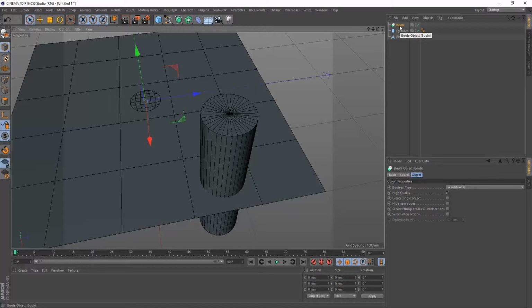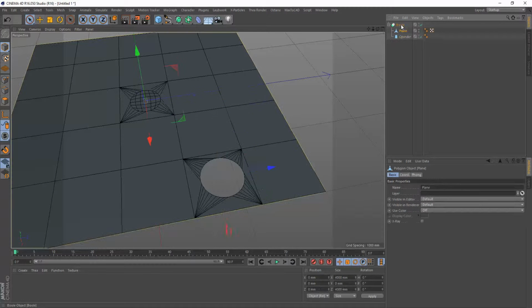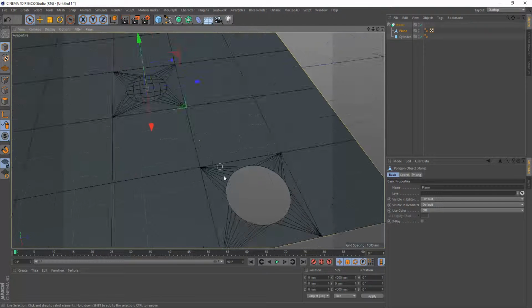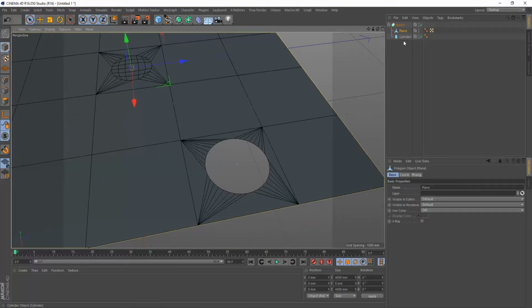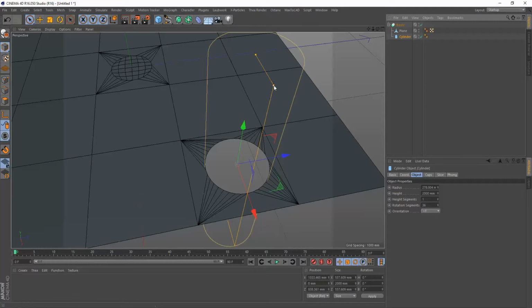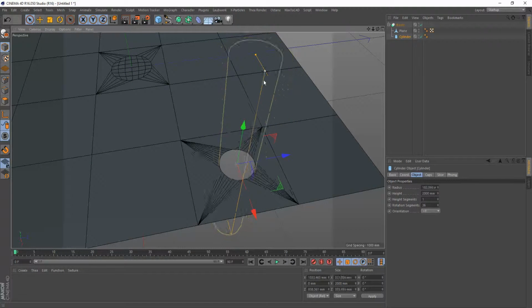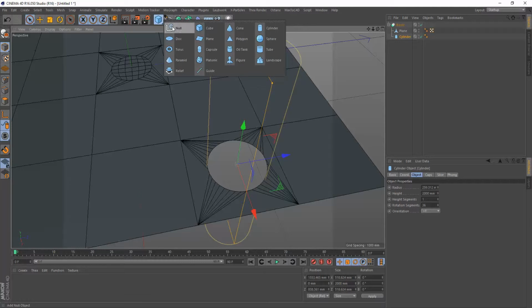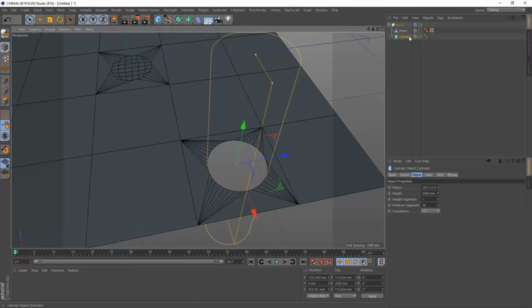Before editing Boolean, I will show you the n-gon lines, but I can scale, or I can grab another geometry and place it there, but